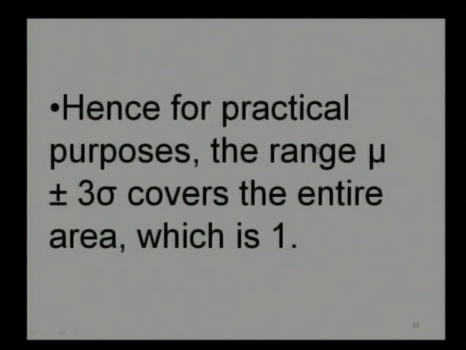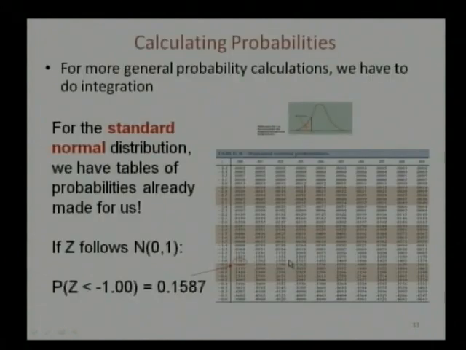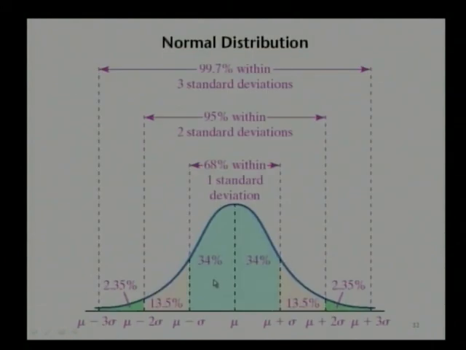Hence, for practical purposes, the range mu plus or minus 3 sigma covers almost the entire area, which is taken as 1, because the rest of the observations may be negligible. So this mu plus or minus 3 sigma property, this area property, I think that